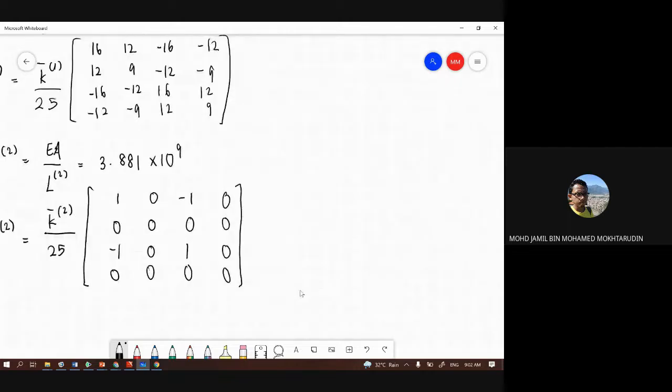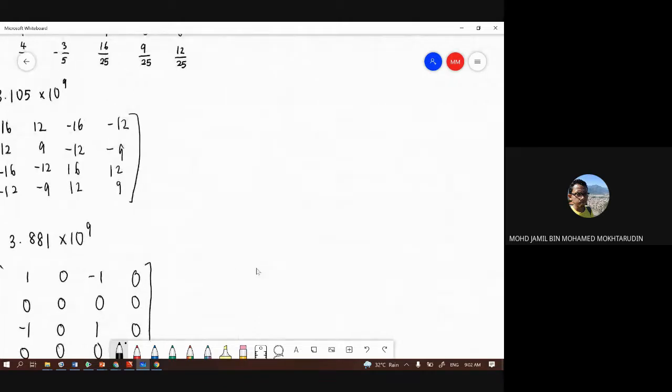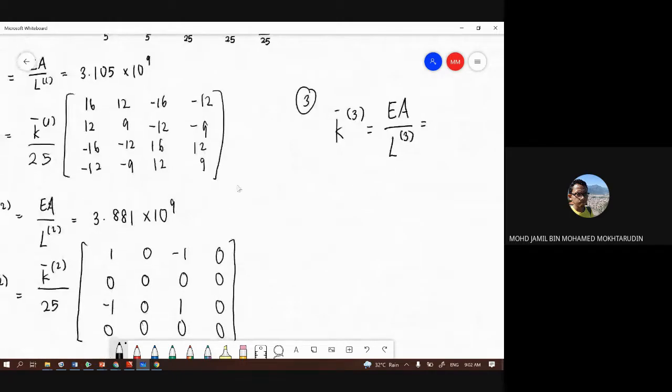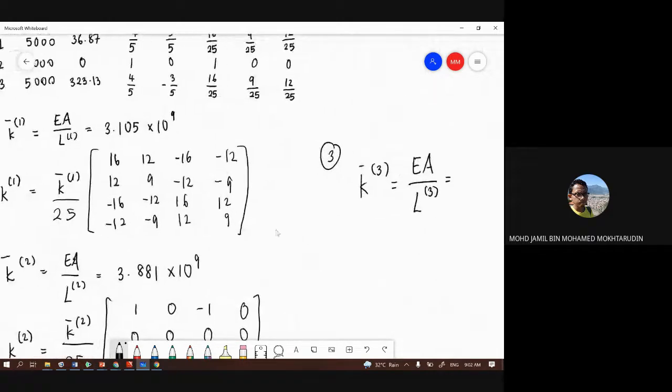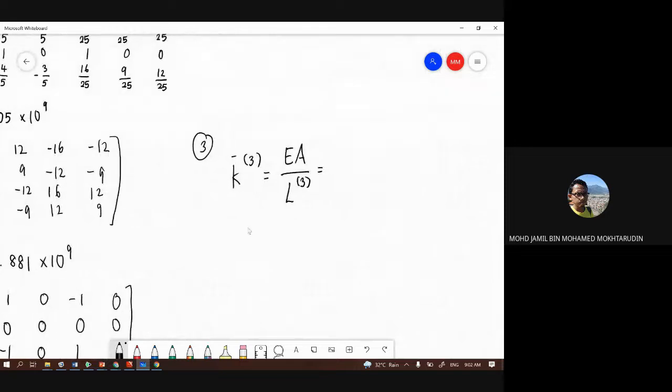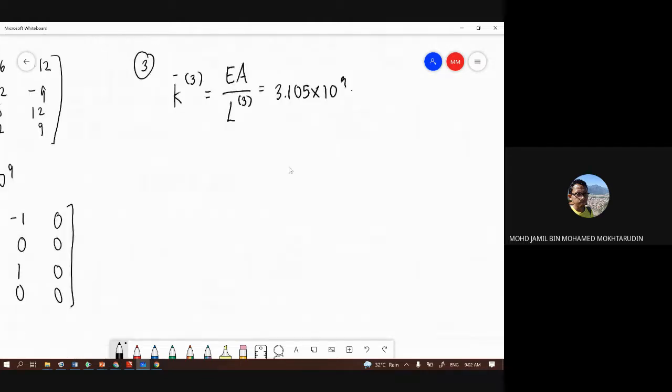And then for element number 3, okay, element number 3 has the same length as element number 1. So the k bar is the same. And the stiffness